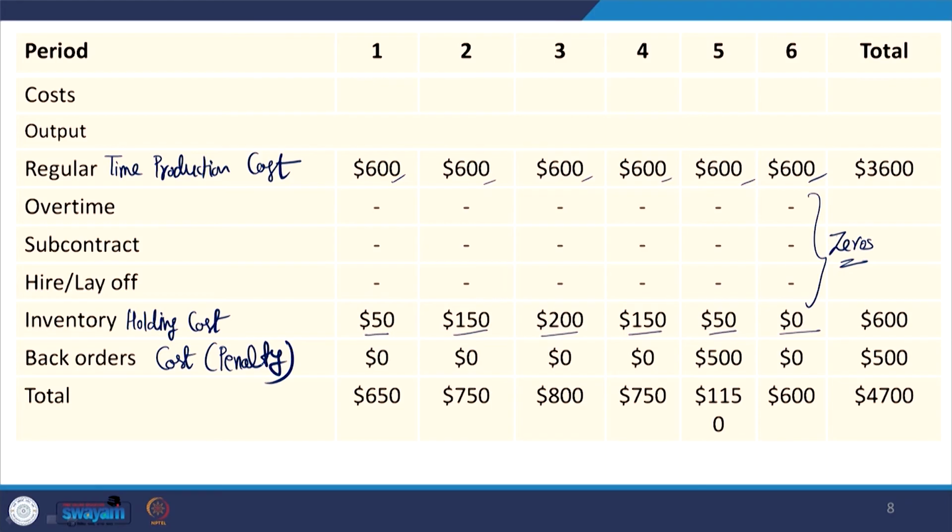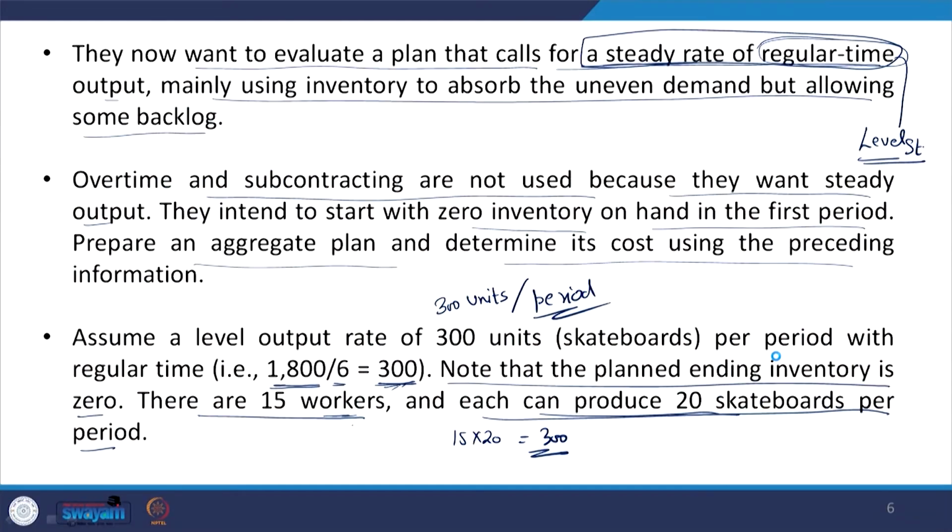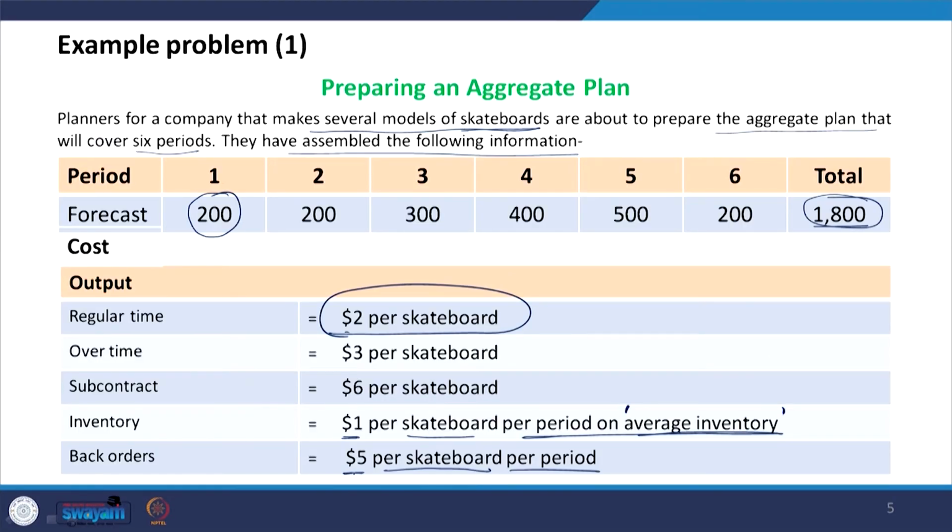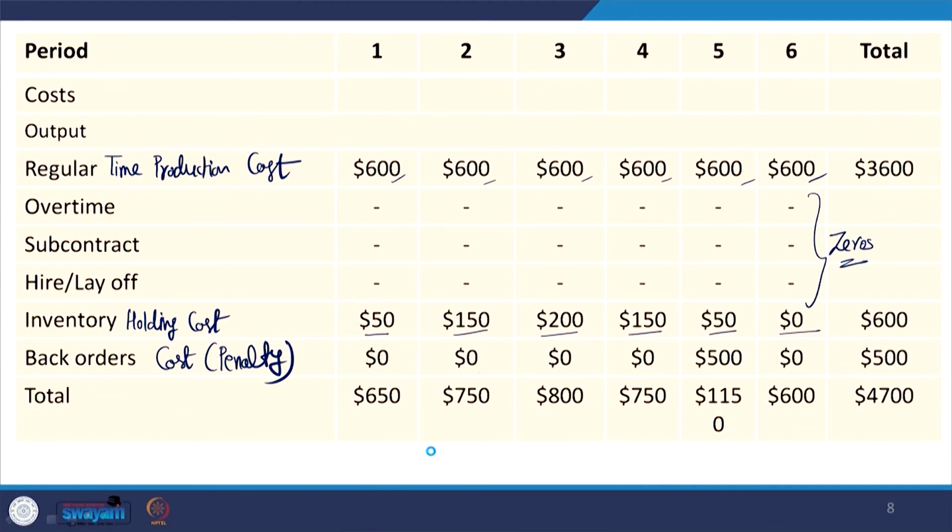Now, only one back order is there, that is in period number 5, that is of 100 units, and for all other periods there is no back order. So, for period 1, 2, 3, 4 the back order cost is 0, and in period 6 also the back order cost is 0. In period 5 you have a back order of 100 units, and now if you go to the original data, the back order cost is $5 per board per period. So, you have 500, that is 100 into 5, that is the $500, that is the back order cost for